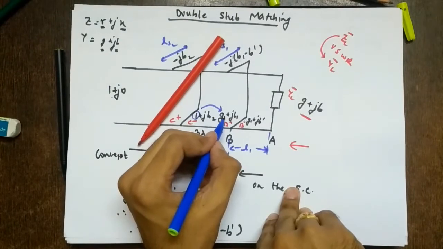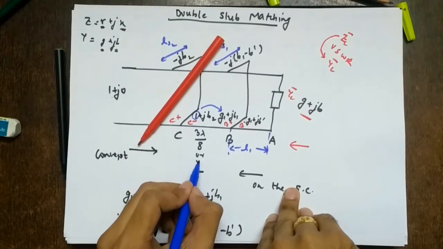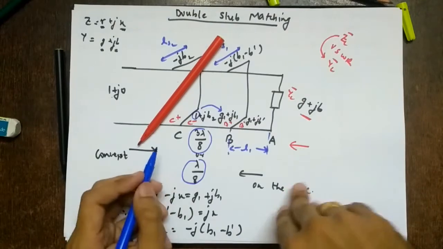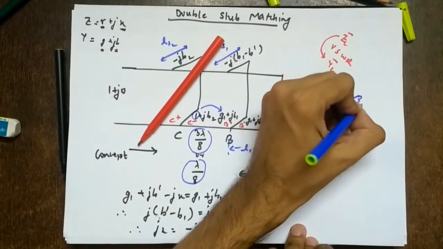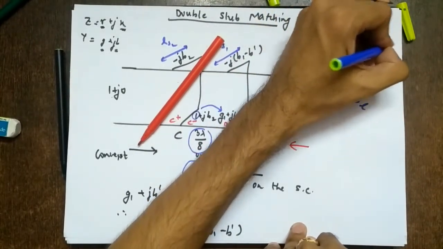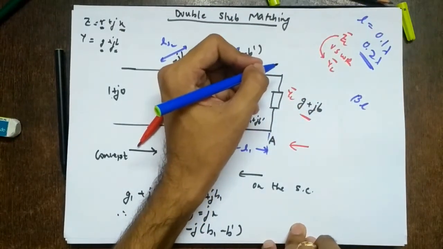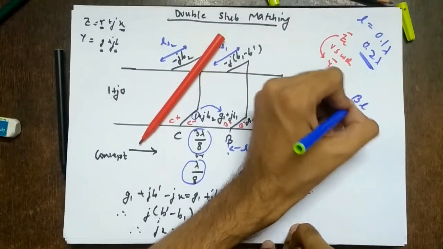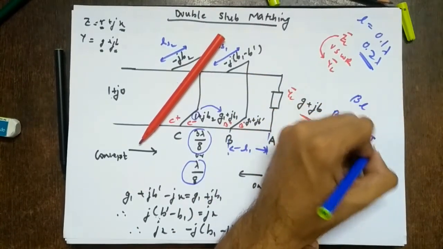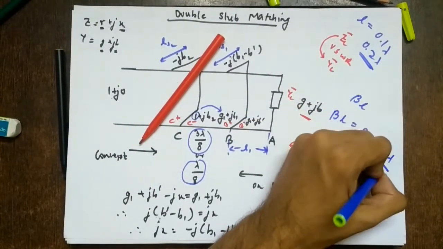So what you have to do? You have to plot B minus. After that, draw the rotated G equal to 1 circle corresponding to a distance of 3 lambda by 8 or lambda by 8. So how much does it refer to? Electrical length is beta L. Now in antennas we have seen length is always given as some fraction of lambda, 0.1 lambda, 0.2 lambda for an antenna. This length is called the electrical length of the antenna. So the electrical length for a transmission line is given by beta L. So beta L is equal to 2 pi by lambda into the length we are taking, let's say lambda by 8.